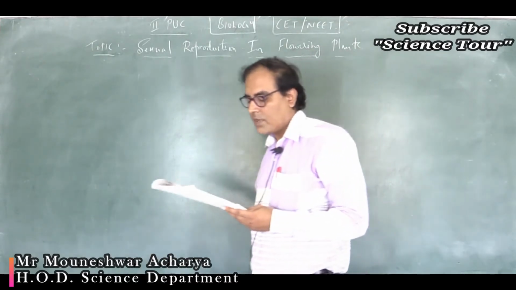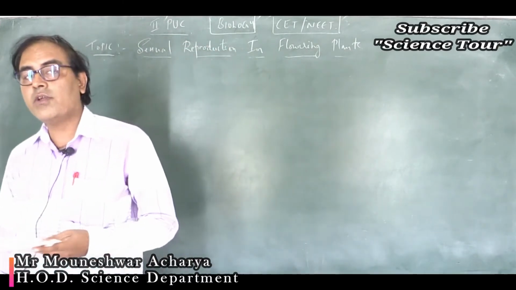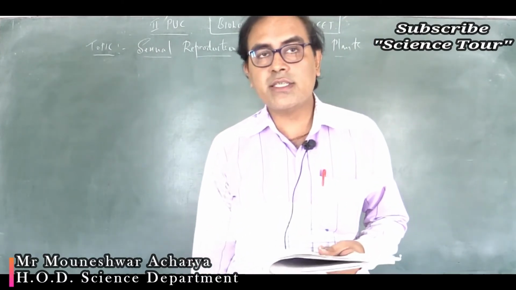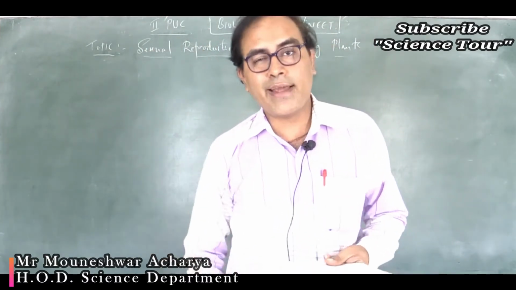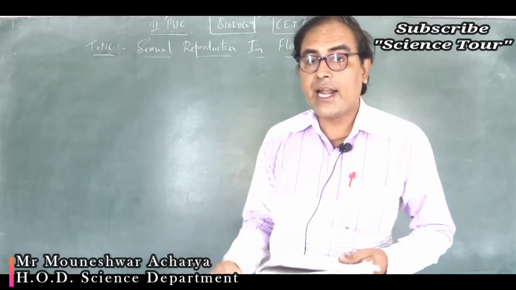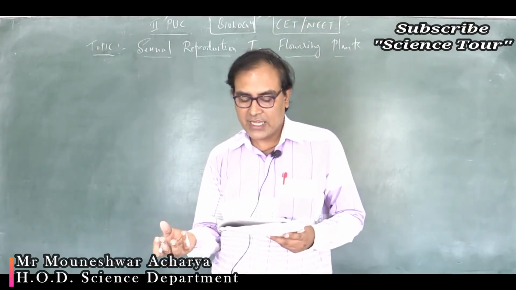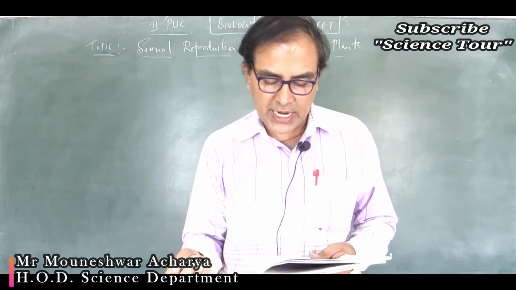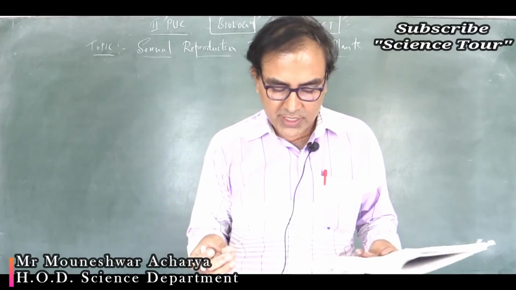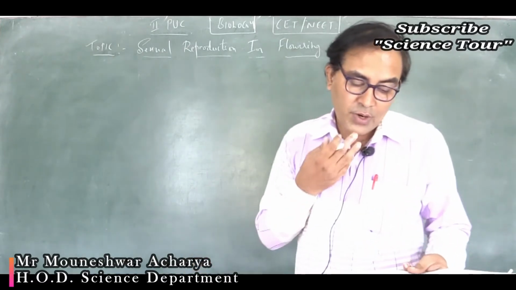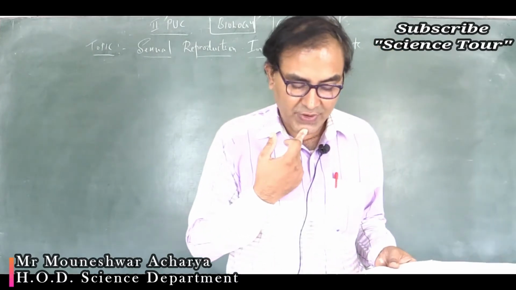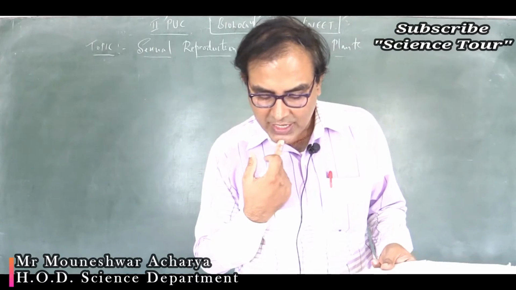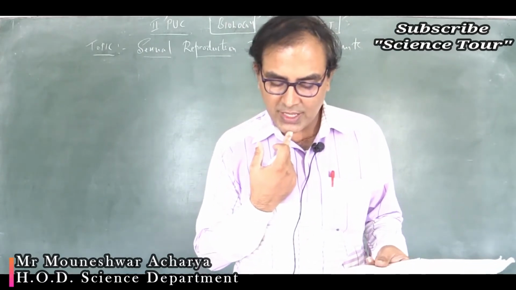So coming to question number 53, pollination in water, what do you call? Hydrophily. Okay. In water hyacinth, the scientific name is Eichhornia, and water lily, pollination is brought about by the agency of, I told pollination in water is called hydrophily, but do you think in water hyacinth and water lily the pollination is hydrophily?